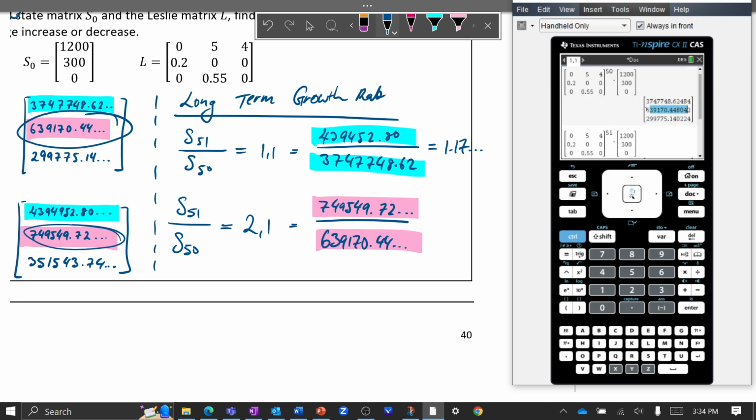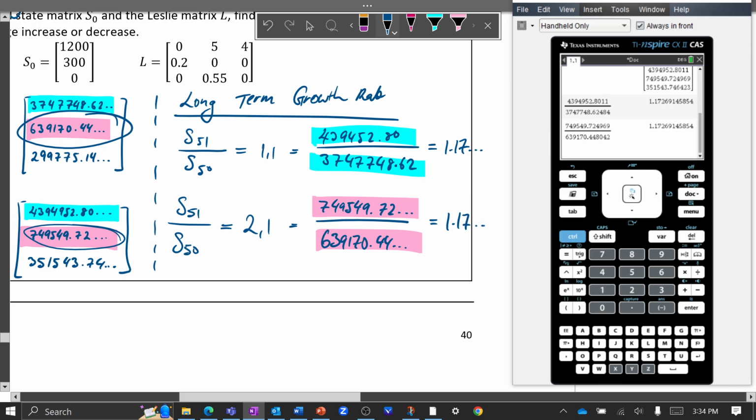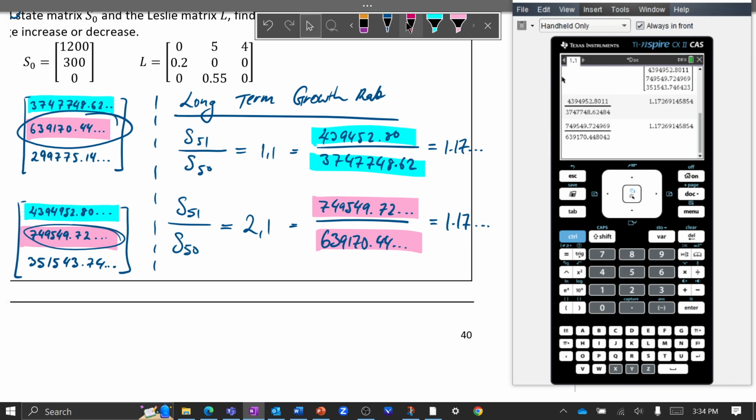Whoa, whoa. Look at that. You get the same number out. And that's what you need to see. You need to see that you get the same number out. If you don't get the same number out, what you should do is raise by a higher number. So instead of 50 and 51, maybe you do 100 and 101, whatever that may be,